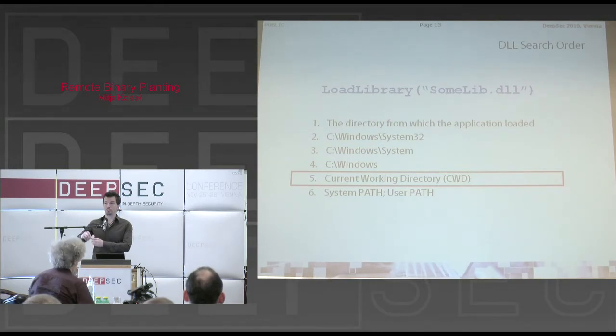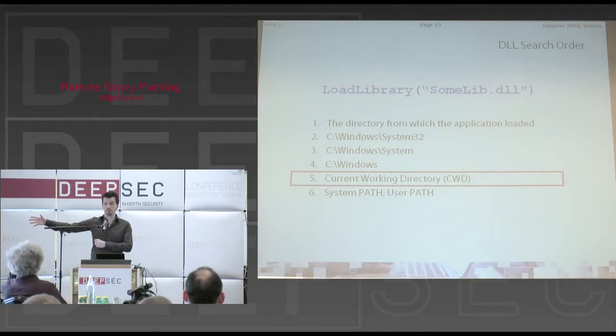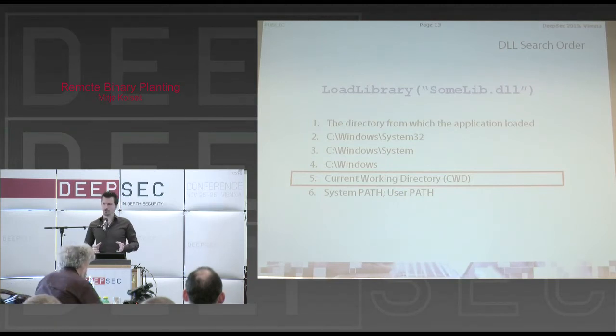Moreover, it can point to a remote share on a server in China. Well, I'm not singling out China, I'm just saying a remote server anywhere on the internet. So what am I implying? Am I implying that your perfectly friendly and trustworthy application running on your computer can at some point decide to connect to a server somewhere on the other side of the planet, download a DLL without you ever approving that, and launch that DLL? Yes, that's exactly what I'm implying. That is what binary planting, at least remote binary planting, is about.